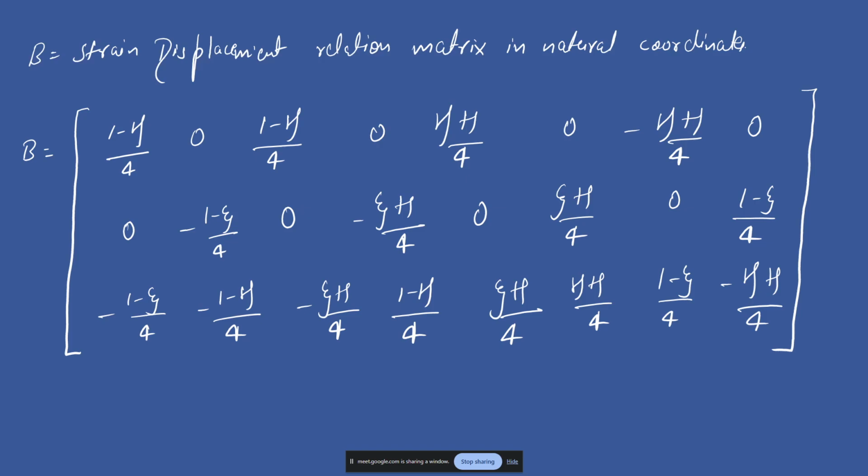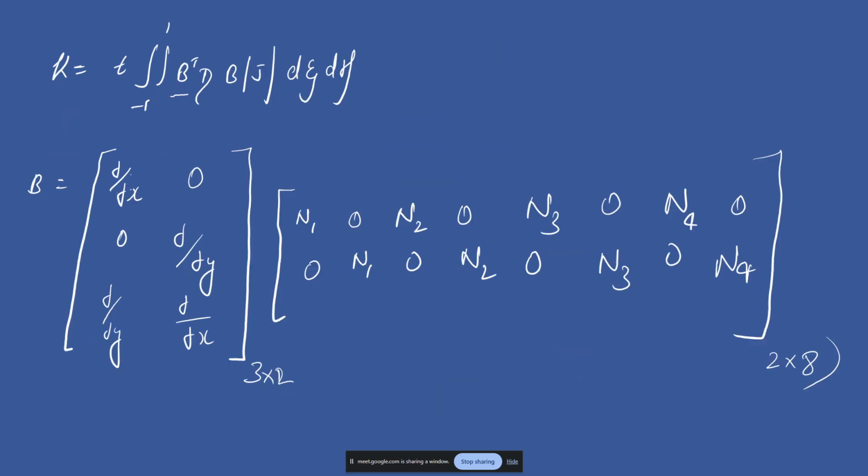So this is your particular strain displacement relation matrix which is available with you. So we have obtained the B matrix. Now let's see what is the D matrix. So the D matrix, you know, is your constitutive relation matrix. So for us it's an elastic element, so your D matrix is given by